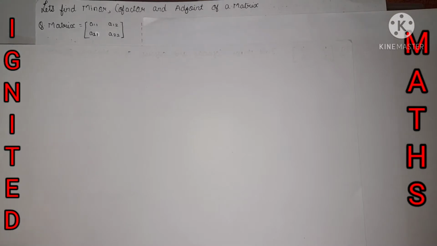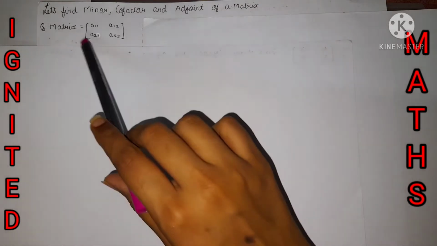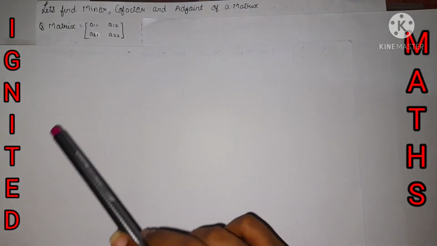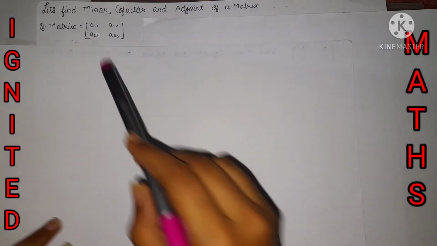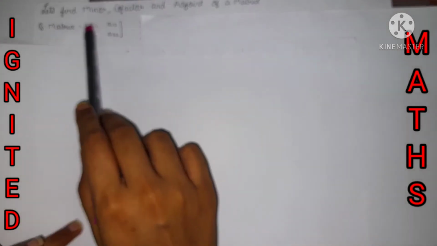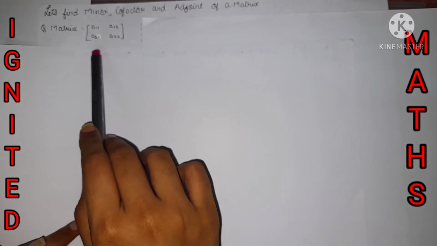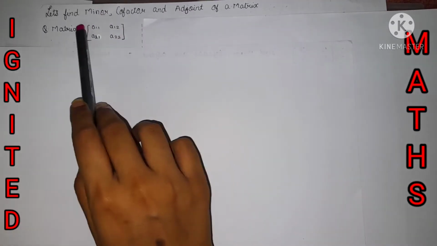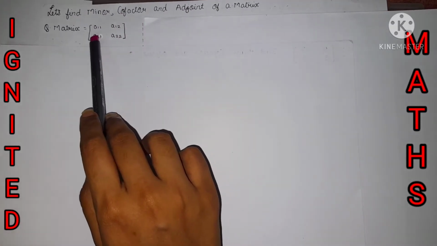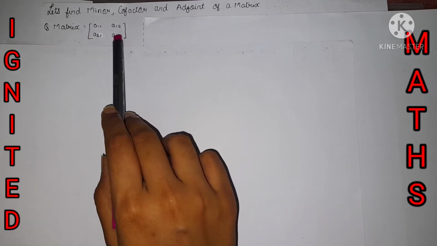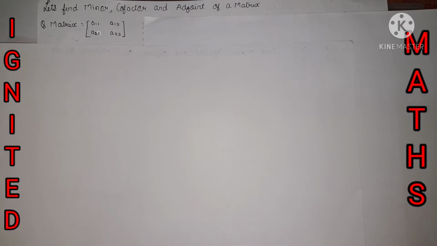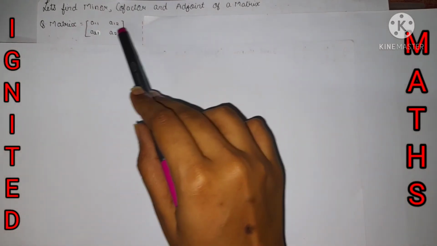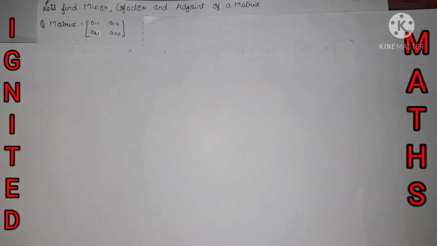For the explanation, I took the terms A11, A12, A21, A22 for the elements. A11 represents the first row and first column. A12, first row, second column. A21, second row, first column. A22, second row, second column. By the Aij term, it is mentioned at the specific row and specific column.